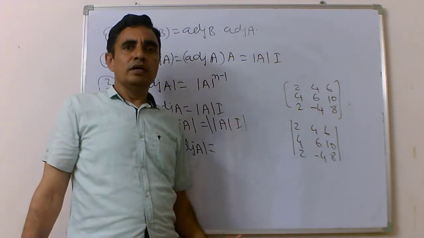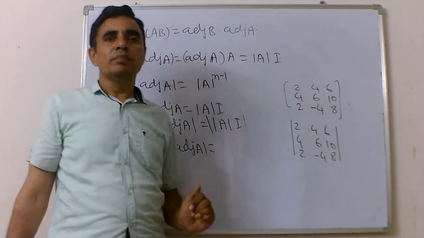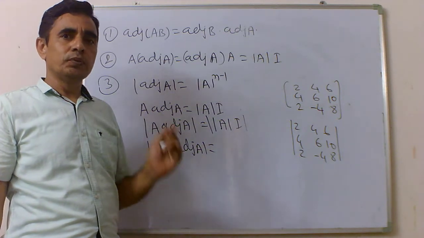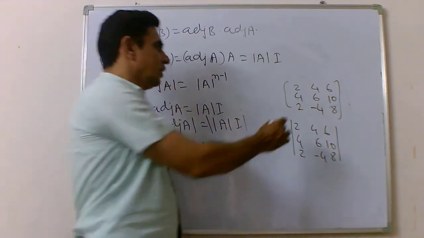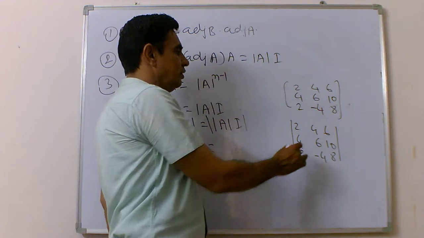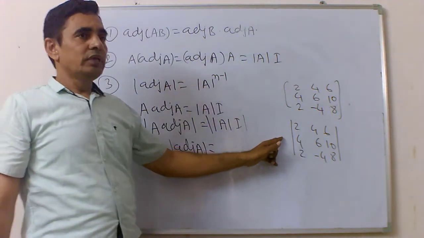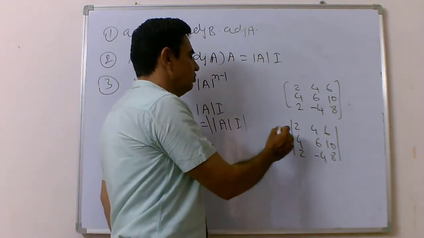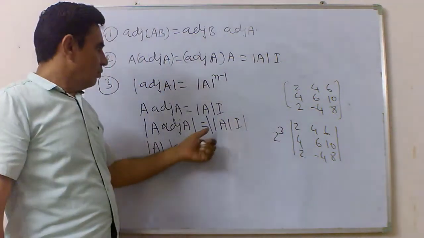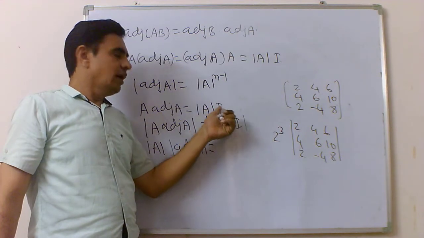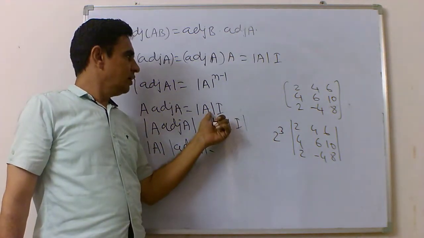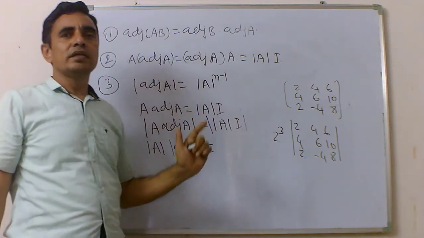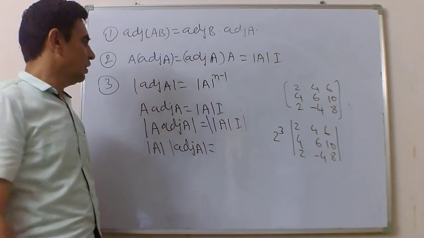डिटर्मिनंटच्या प्रॉपर्टी नुसार एखाद्या रो किंवा कॉलमच्या प्रत्येक एलिमेंटच्या मल्टिपल मध्ये सेम नंबर असेल तर तो बाहेर घेता येतो. मग इथून 2 बाहेर येईल, इथून 2 बाहेर येईल, इथून 2 बाहेर येईल. या डिटर्मिनंटचा ऑर्डर 3 आहे. मग याच्यामधून जे 2 बाहेर येतील ते 2⁻³ असेल. मग या ठिकाणी डिटर्मिनंट ऑफ ए आय च्या मल्टिपल मध्ये आहे. मग डिटर्मिनंट ए हे आय जी मॅट्रिक्स आहे त्या मॅट्रिक्सच्या प्रत्येक एलिमेंटच्या मल्टिपल मध्ये आहे.